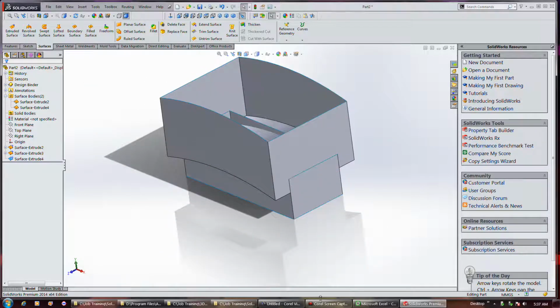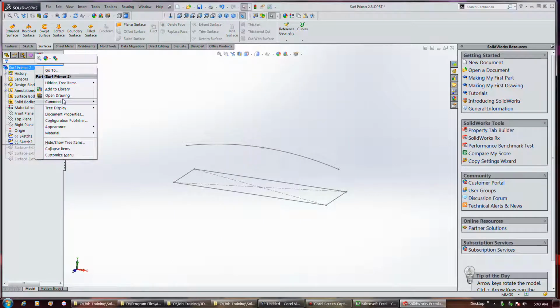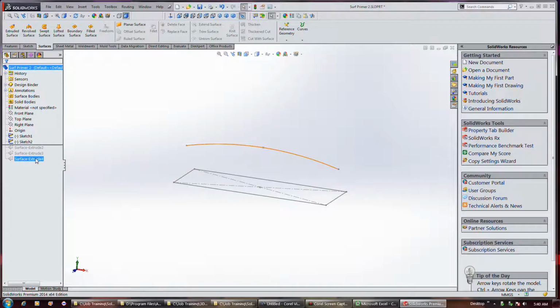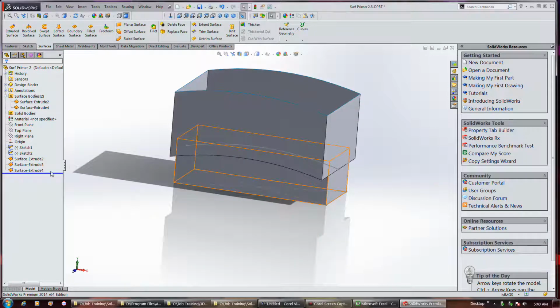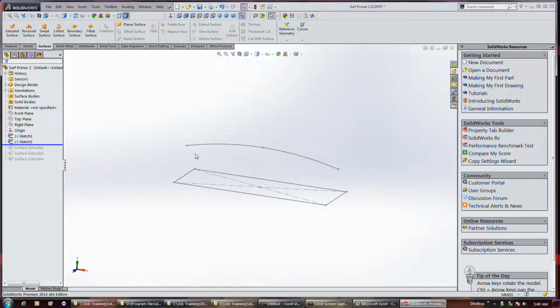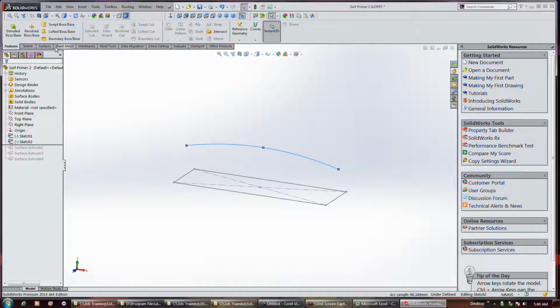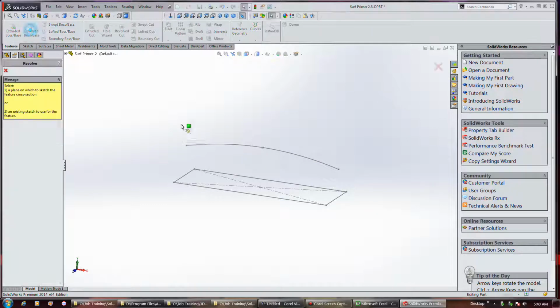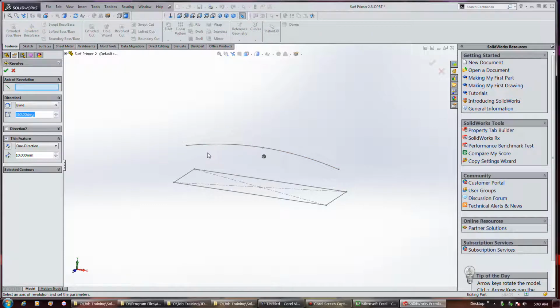So anyway, okay, I set this display just temporarily to flat tree view, so I could roll it back this way a little more easily and show the sketches, because I still left these other project or other extrude operations in there. But I wanted to show you that if you go to revolve surface and select something like this, okay,